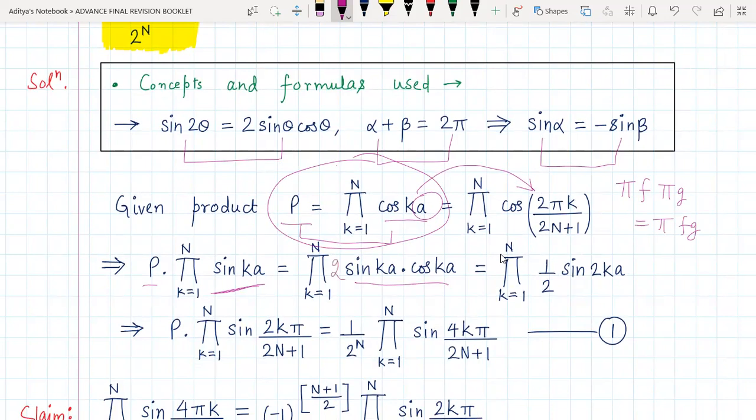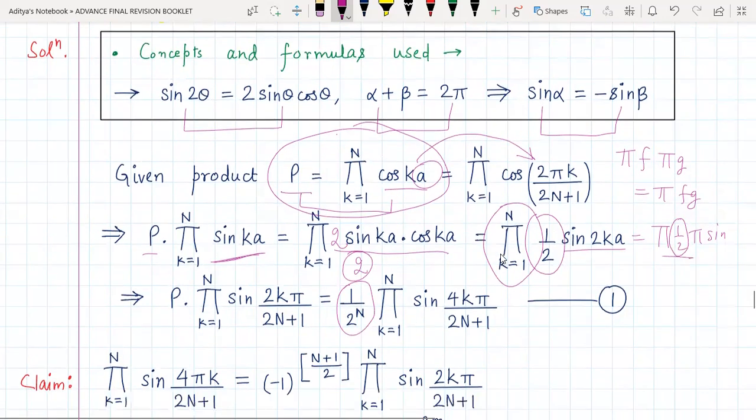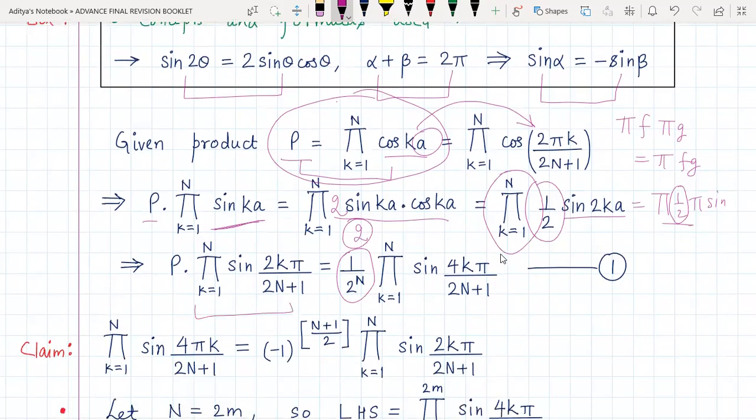Now what I'm doing is I'm multiplying it by 2 and dividing it by 2. So 2 sine theta cos theta I'm writing as sine of 2 theta, and by 2 is already here. Now once again I'll be able to write it like this: product of half into product of sine, and obviously this product of half would become half power n or 1 by 2 power n, because these are total n terms. So n quantities, basically this product is being taken n times, and of course the remaining things I have written as it is. I have just substituted in the value of A here also and here also. Okay, so that's all that we have done, which we are calling as equation number 1.